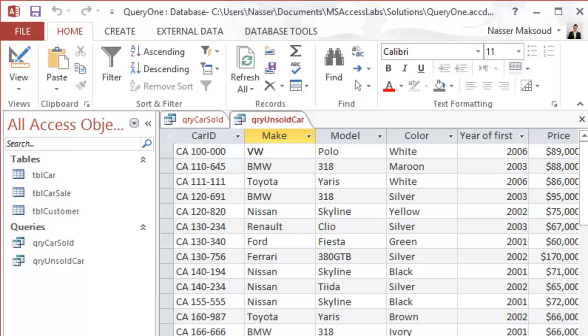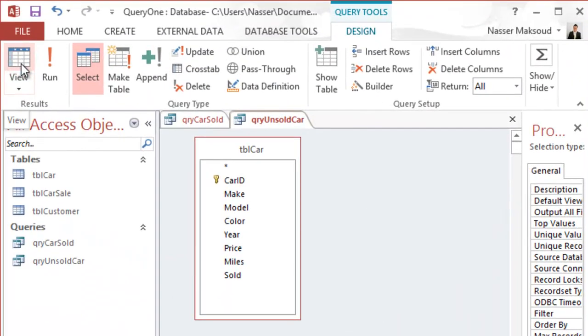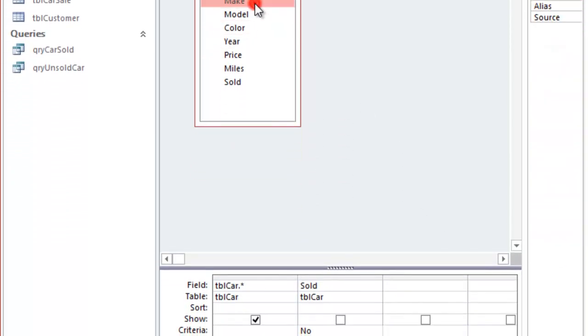In the same query, add a criteria of Toyota for make. So you need to be in the design, and then I have to get make, and then add a criteria that is called Toyota,